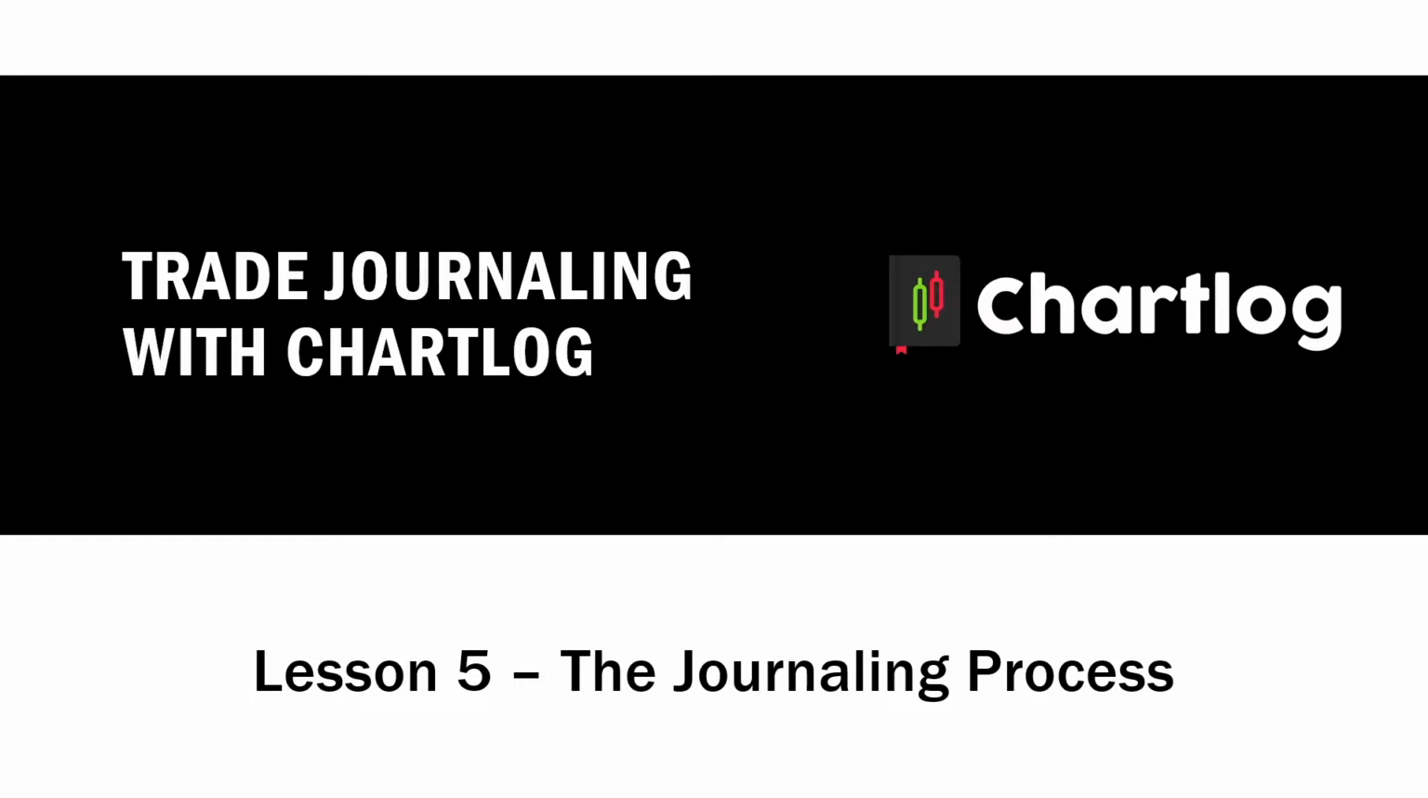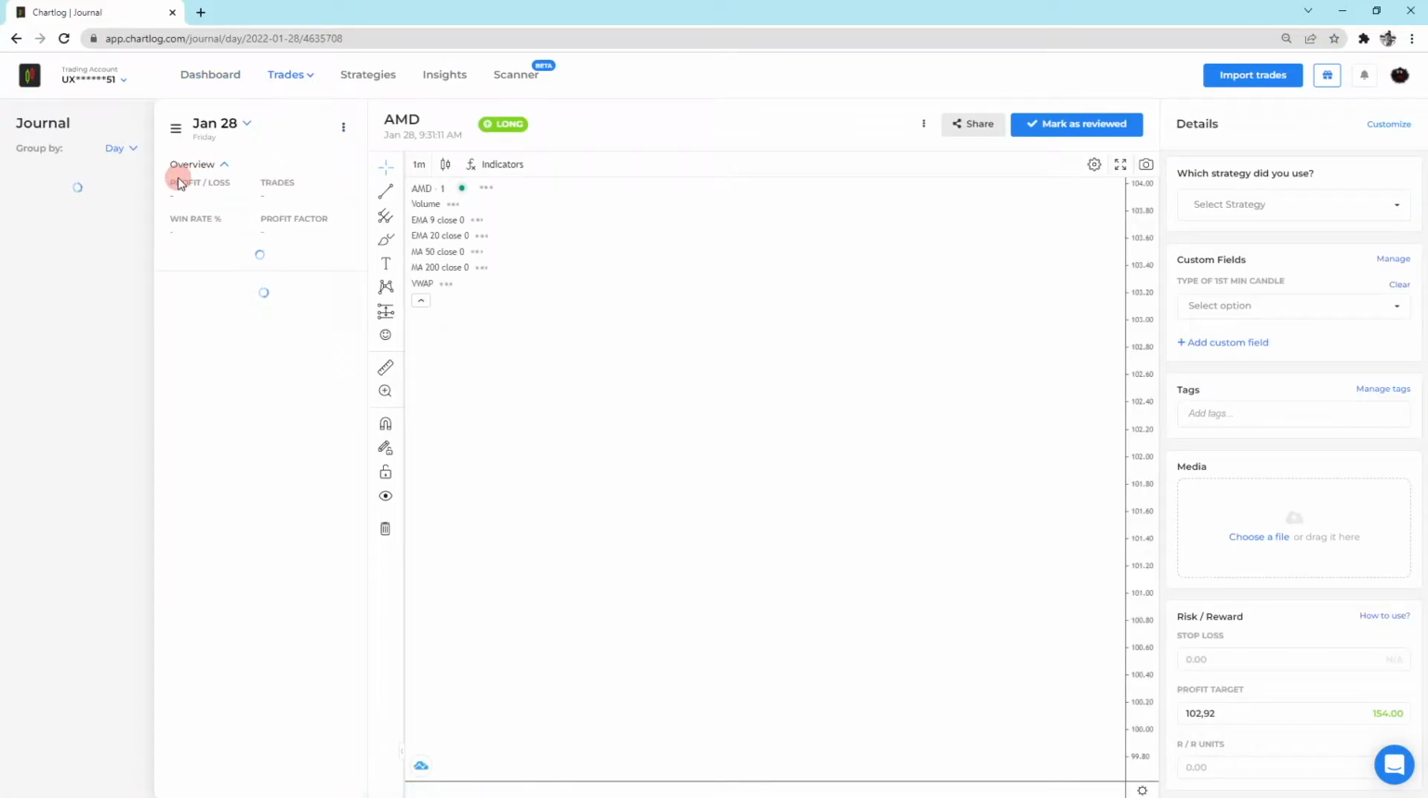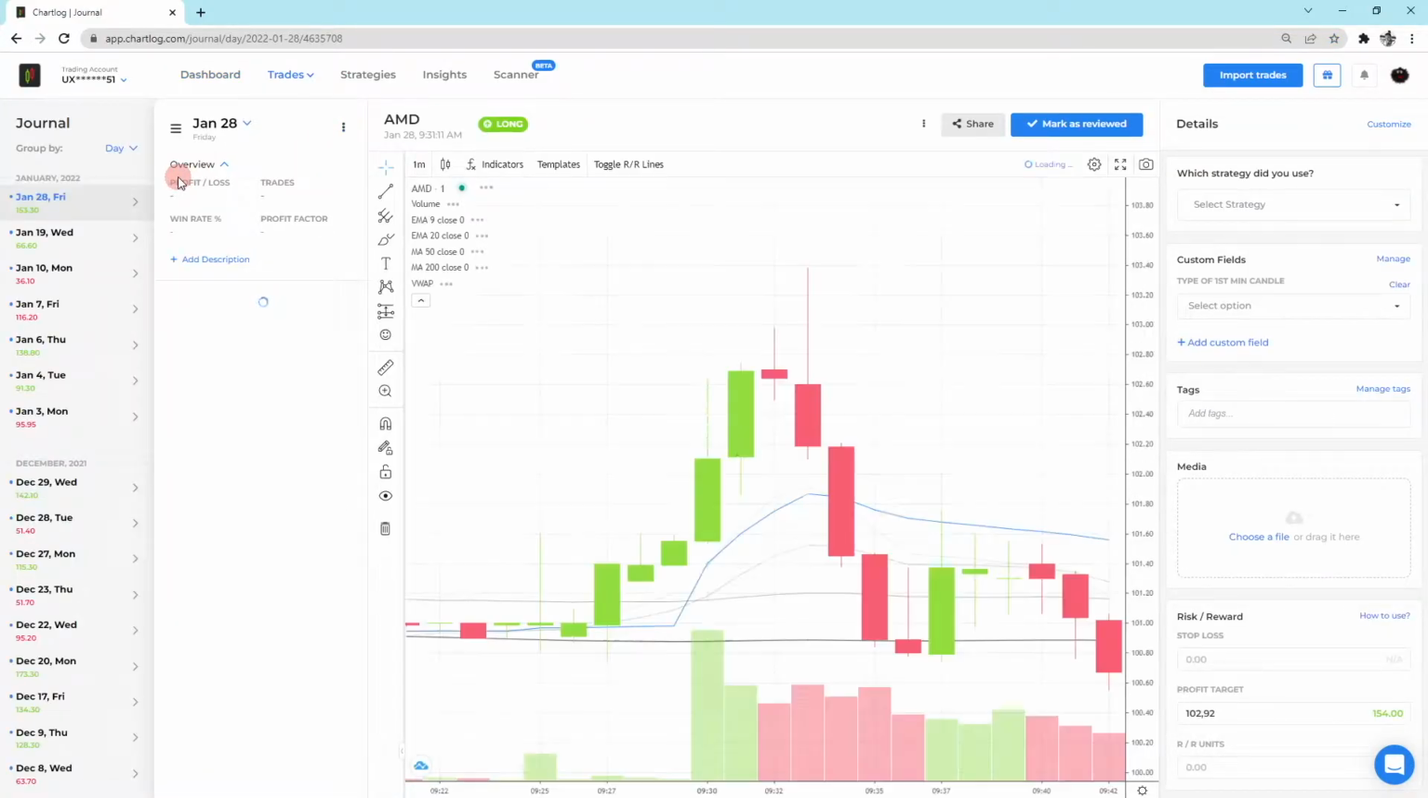So far, we have already found our way around Chartlog, imported trades, and created strategies and custom fields so that we are ready for journaling. We go to the Trades tab and enter the journal view. Then we choose the day that we want to journal, in this case January 28th, and the trade that we